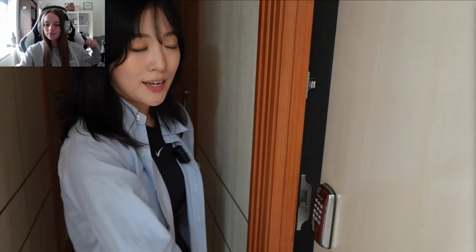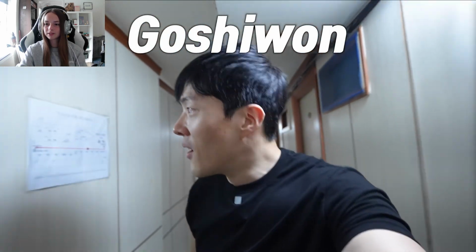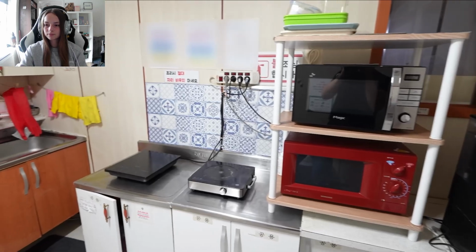Jimmy? Well, there is a catch. This room is in a whole living space called Goshiwon, where the residents often share certain facilities such as kitchen,